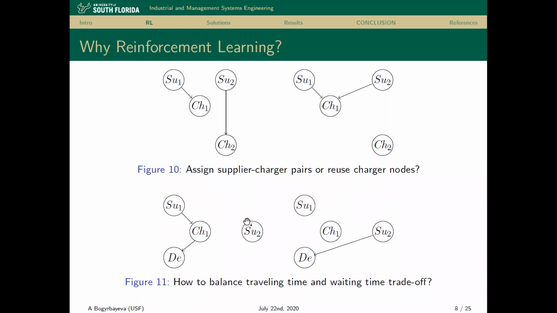Imagine the case when you have an EV which does not need to be charged, but is located farther away compared to the other supplier node. Which one do we pick? Are we going to charge and then relocate? Or are we going to directly go to the farthest away supplier node and bring that EV and then pick up the driver? There are so many things to consider,